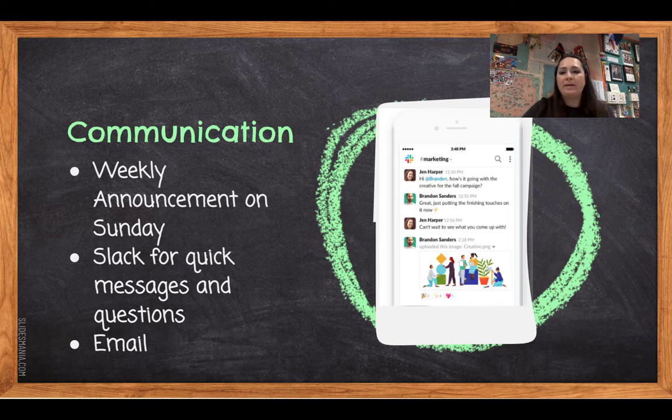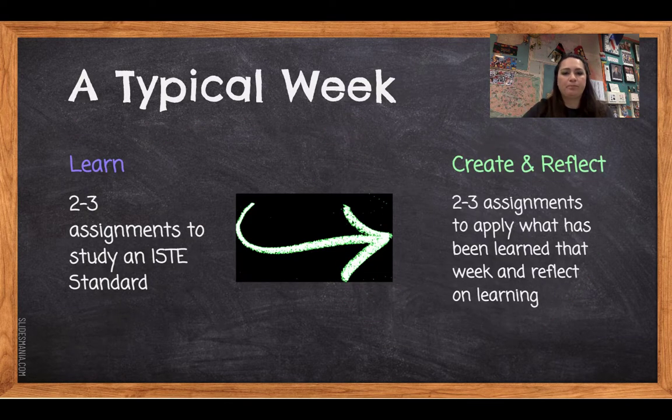If you have a quick message that you need to ask, Slack is great. It goes to my phone, and I get a pop-up, and then I can respond to you quickly, or you can send me an email. I do check my email frequently throughout the day. If you don't hear back from me via email within 48 hours, I want you to email me again because I might have accidentally deleted it, or I didn't get it, or something happened. You should hear back from me usually within 24 hours, but certainly within 48 hours.